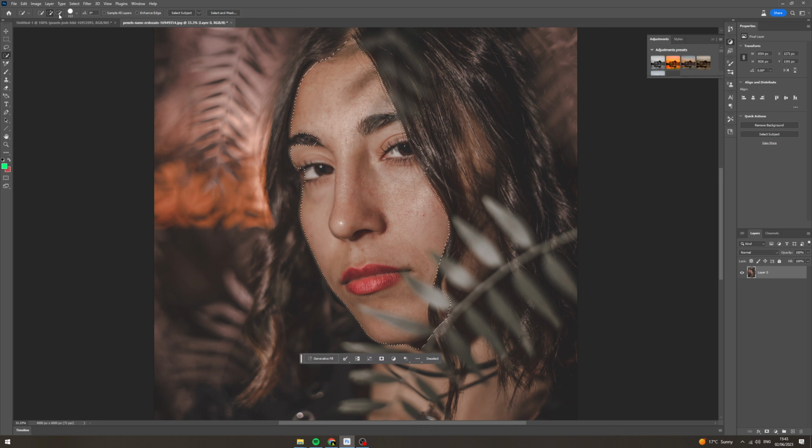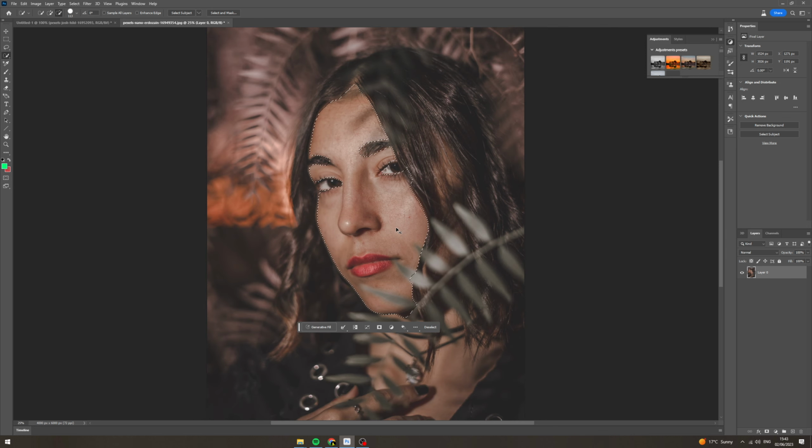Here you go. And now you can go to this minus bit to remove any bits that aren't the skin. Hair and eyes and eyebrows. I'm going to leave the lips in because I'm not too bothered. So